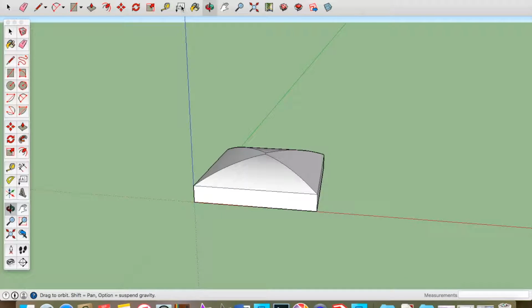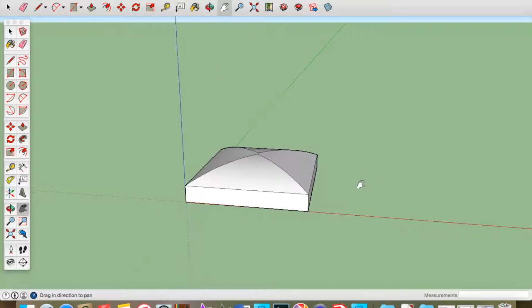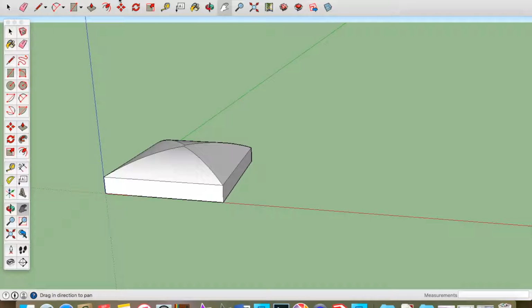Next thing we're going to do is make the keyhole that we will then intersect with this. So we're going to start with a rectangle tool, and you want to make it a little taller than it is wider. You don't want it to be bigger than your square. And then we're going to use the move tool and grab the corner and pull it in so that this